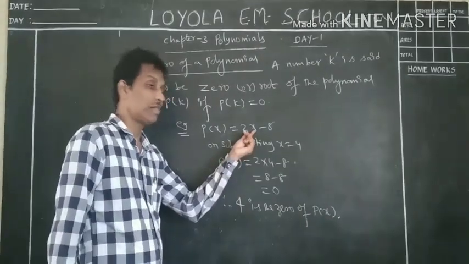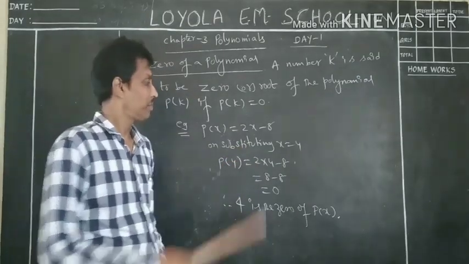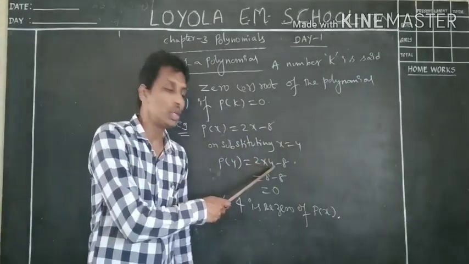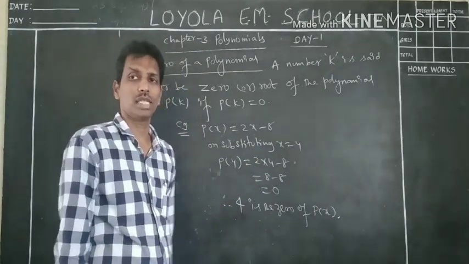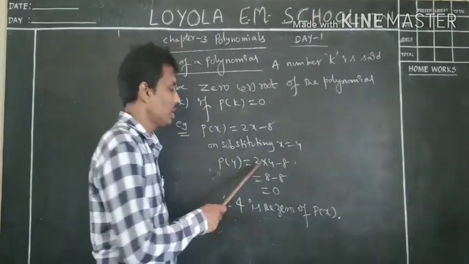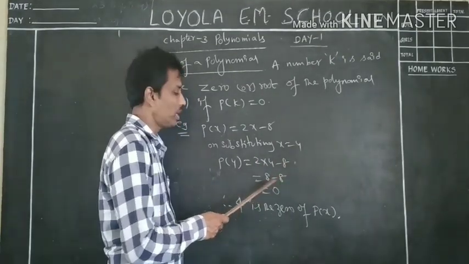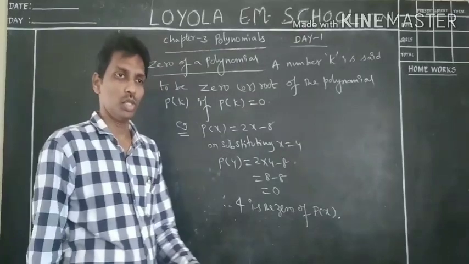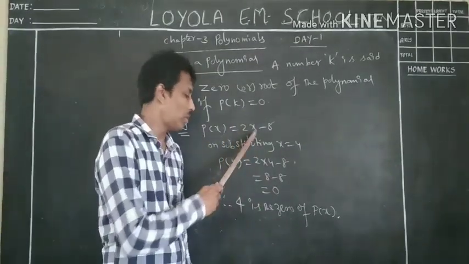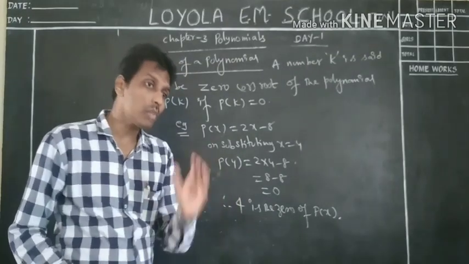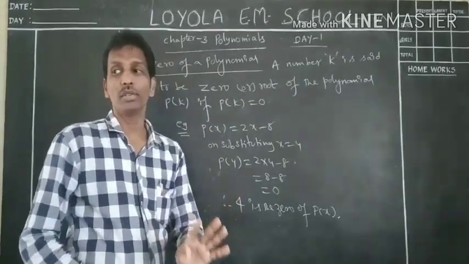So we should not write 2, 4 as 24. That means here we consider 2x is nothing but the product of 2 and x. So that is the case here. I am writing 2 into 4. Of course, minus 8 was given as a constant in the given polynomial. The product of 2 and 4 is 8. Minus 8 is as usual. 8 minus 8 becomes what? 0. That means to get 0 for the given polynomial, what is the suitable value? We have to substitute 4 only.